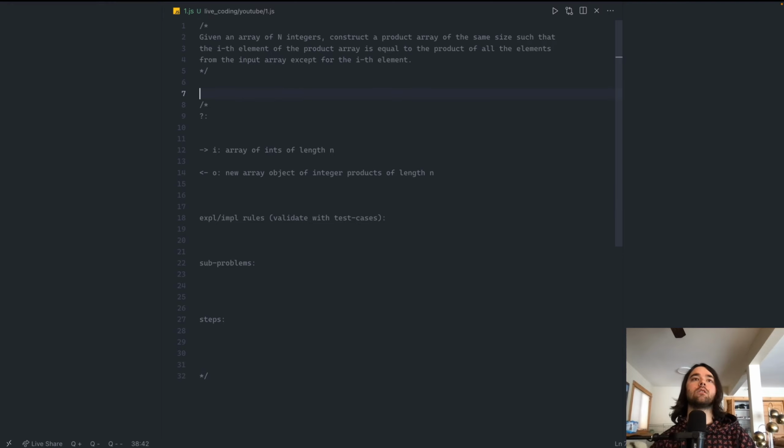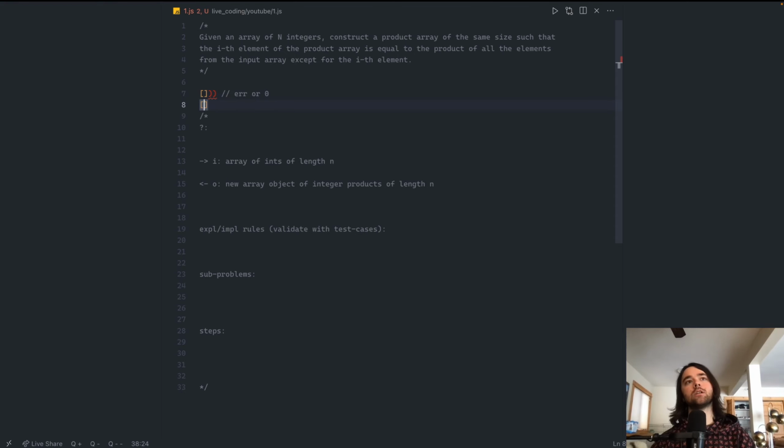Okay, so I'm just going to try to validate some stuff here. First thing, thinking, so we've got like maybe some empty array. That seems like it would just be maybe like an error or something, or 0 for that input. Let's say we had something like 1, 2, 3, 4. Actually, let's start with just 1, 2, 3, 4. So for that input array,